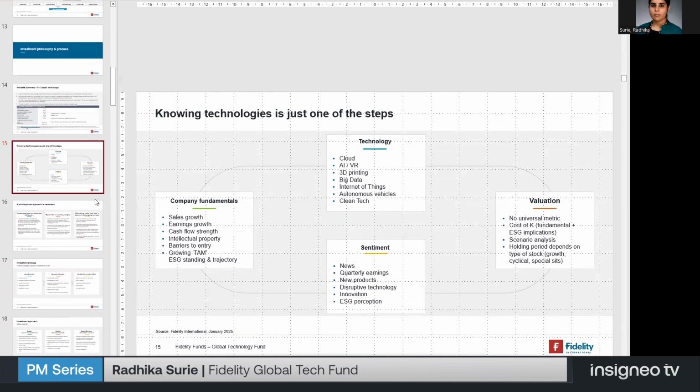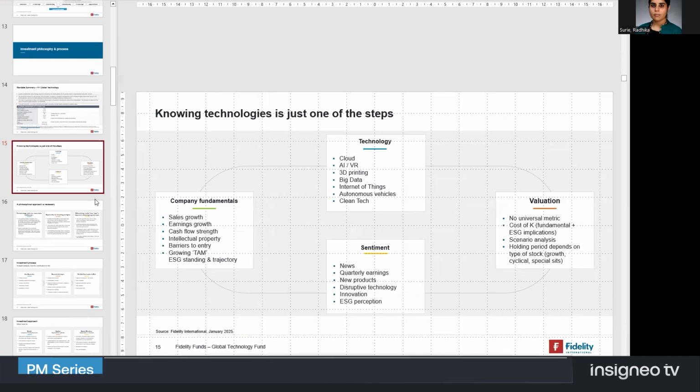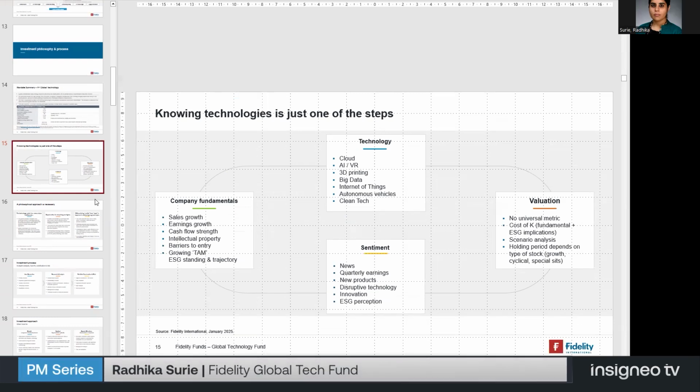Now, just moving on very quickly to the philosophical approach, right? Because there are many different ways to invest in the tech sector. And one of the ways, and many market participants have adopted this way, is to take a very top-down view of themes and the winners of that theme. And for Hyunho, that's one way of looking at the sector, but it's not his way of looking at the sector, because he is very, very bottom-up focused, which means that for him, company fundamentals are absolutely crucial.